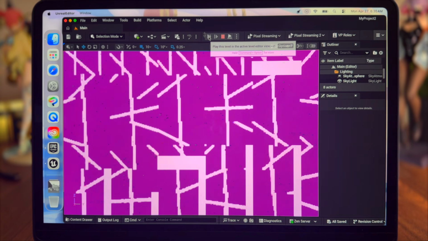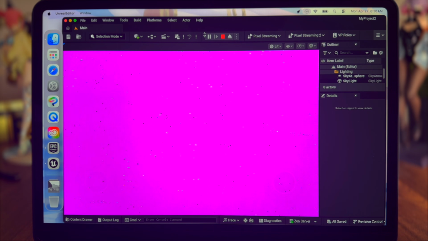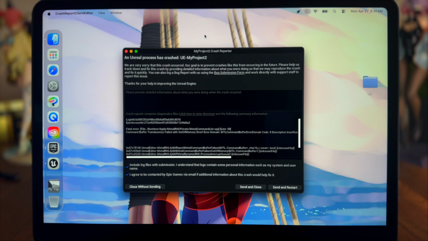But this is weird. Okay, now I am seeing colors. Either I got colorblind or the whole software became... It did crash. Okay,